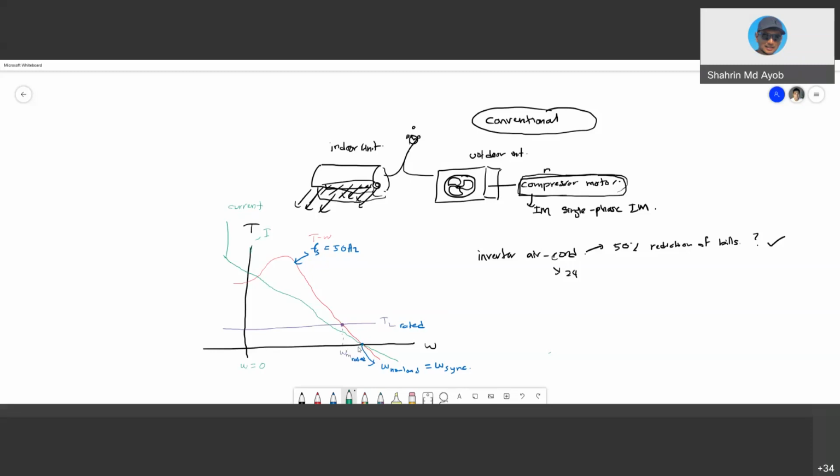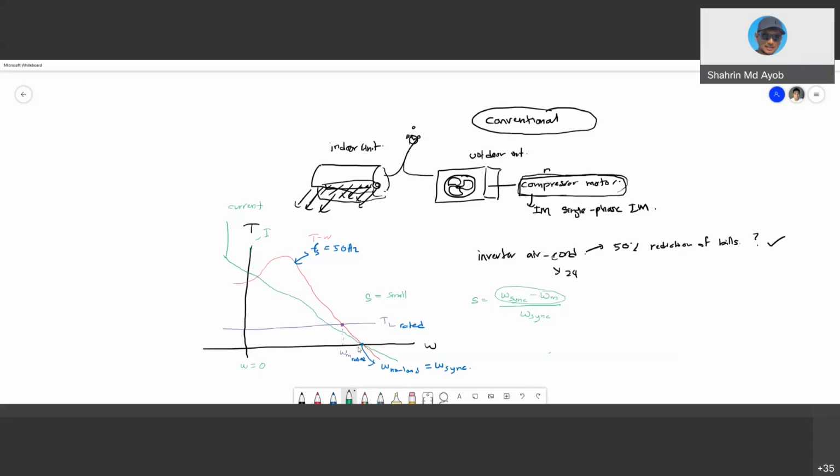So that's why we always want to operate the speed of the motor very near to the synchronous speed, meaning that your S is small, because we know that S is the difference between the synchronous speed and your motor speed, over the synchronous speed. So when this upper side is very, very small, you will have S very, very small. So we want this motor to operate as near as possible to the synchronous speed to take advantage of the small current,